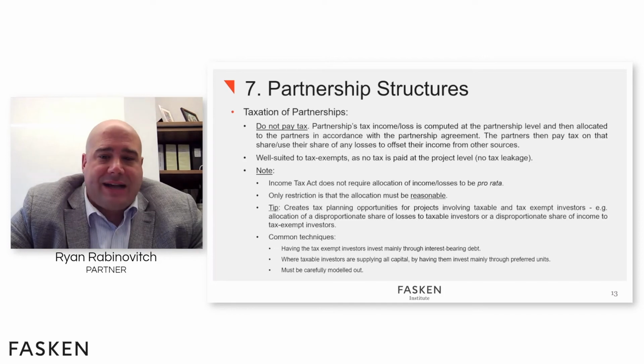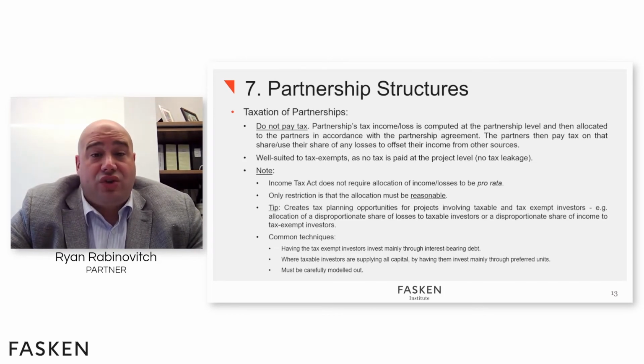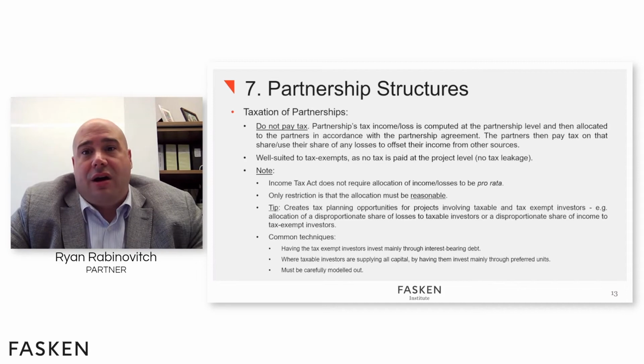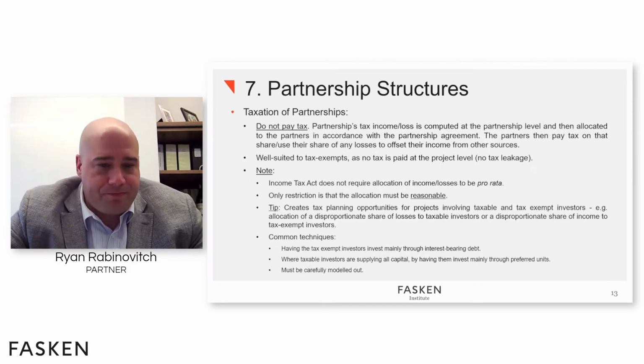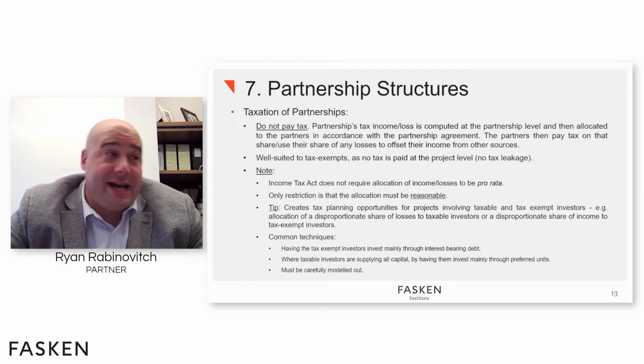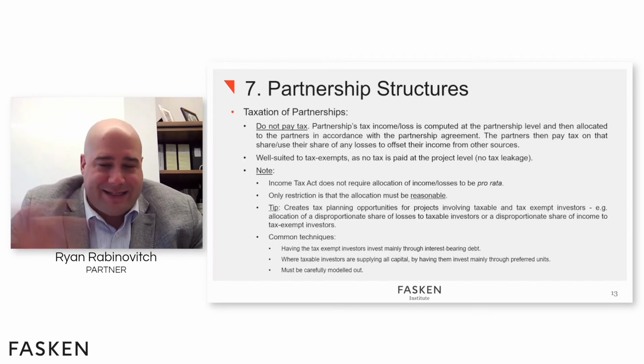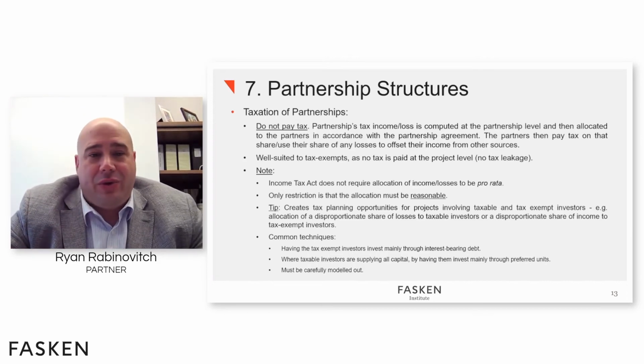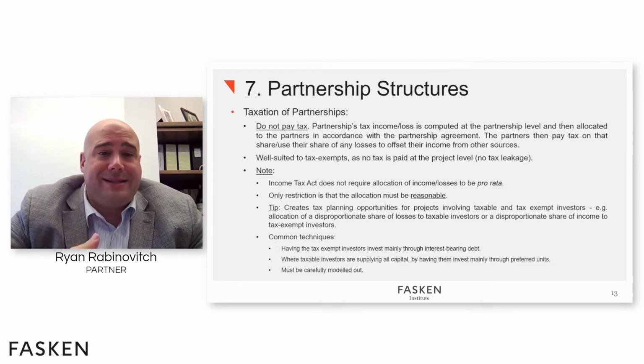Because if you have a mix of taxable and tax exempt investors, which we're seeing more and more as RFPs in recent years have required that you include tax exempt investors in some cases in the project, like First Nations and municipalities, that creates tax planning opportunities because it's apart from where the money is going. Obviously, if you're a partner with a tax exempt and you're taxable, you'd rather have the maximum amount of tax income allocated to your partner. Again, it has nothing to do with how much cash you get. But you want all the income to be allocated to your partner and all the losses allocated to you,